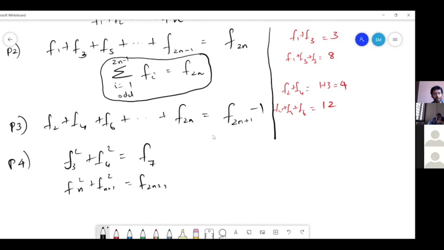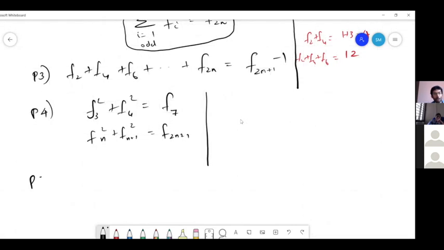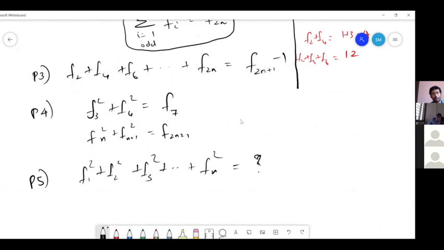And we also saw this property. And then I think we stopped last time with the sum of first n squares. The sum of the first n Fibonacci squares: F1 squared plus F2 squared plus F3 squared till Fn squared. Is there a pattern here? So yeah, this is the last thing that we saw.